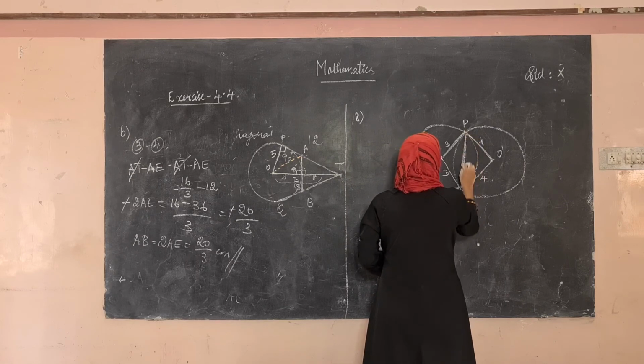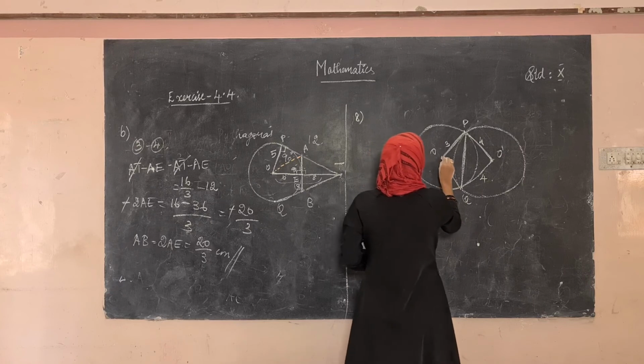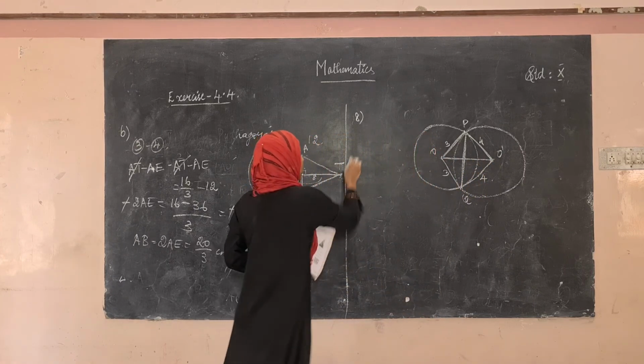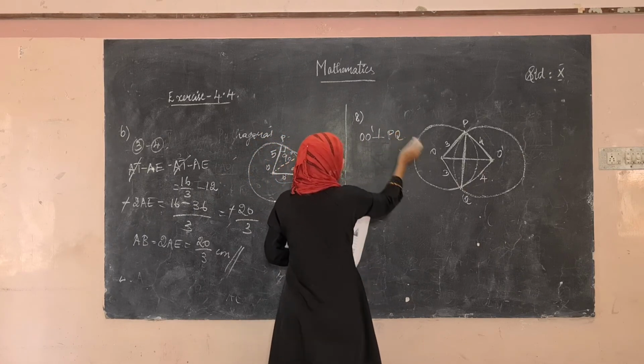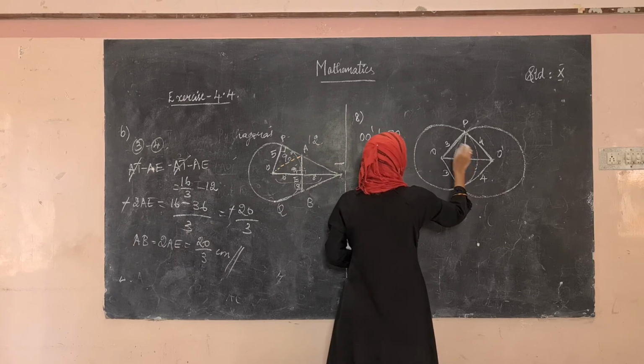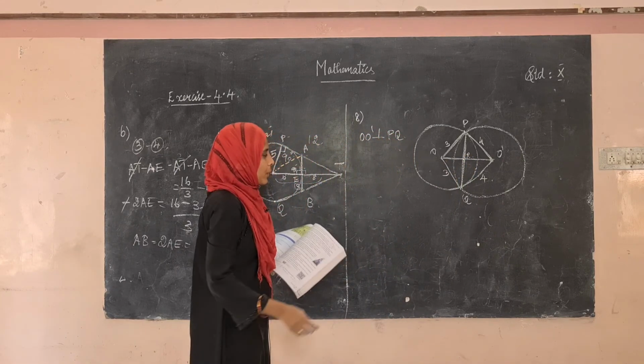Common chord. So we have to find the length of this chord. So now let this be the line. Let us draw a line O dash. This line O dash is perpendicular to OQ. Let that point be R.